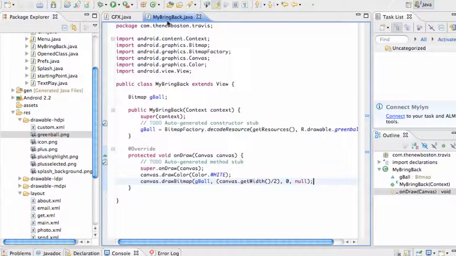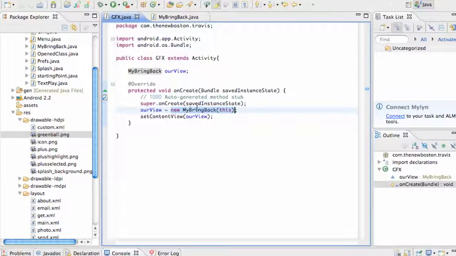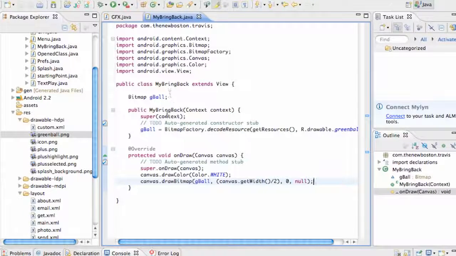So it gets to this line and goes into our constructor and sets up our reference to our bitmap. We didn't really use the context for the most part yet, but we still have access to that context from our graphics class. Then we set up our bitmap and created the onDraw method, which takes in a canvas. The canvas is the background, or whatever is available to us, and we set the canvas background color to white,